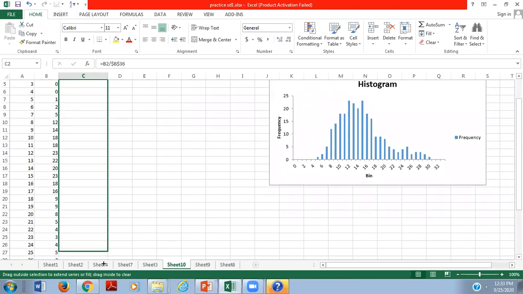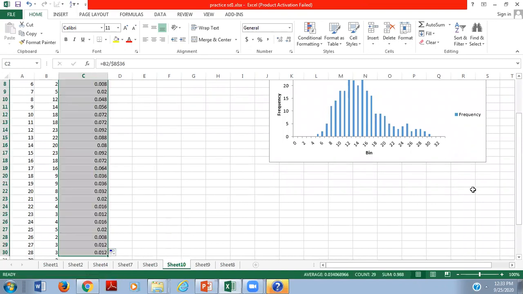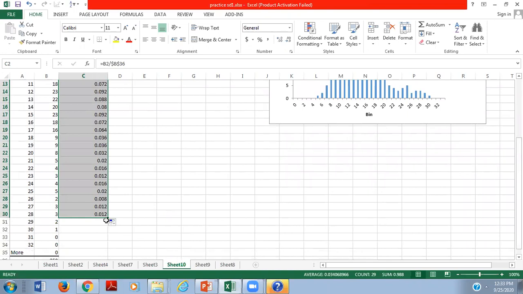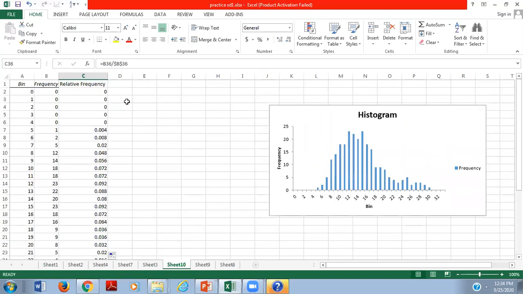Then I will drag the formula down. One thing I have to check here: the sum of relative frequency should be 1, so it is 1 here, so it's correct. But just see, 3 decimals are there, so it's confusing.